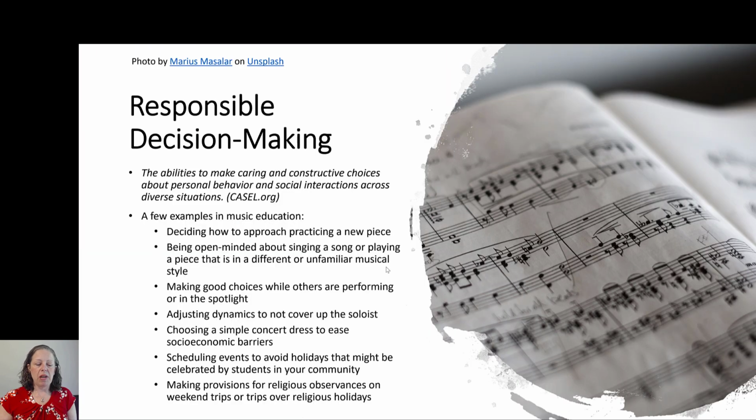Finally, responsible decision-making. This is the ability to make caring and constructive choices about personal behavior and social interactions across diverse situations. So in music education, that could look like deciding how to approach practicing a new piece, making responsible decisions. If future self wants to make all-state, present self is going to need to do certain things to make that happen. Being open-minded about singing a song or playing a piece that's in a different or unfamiliar